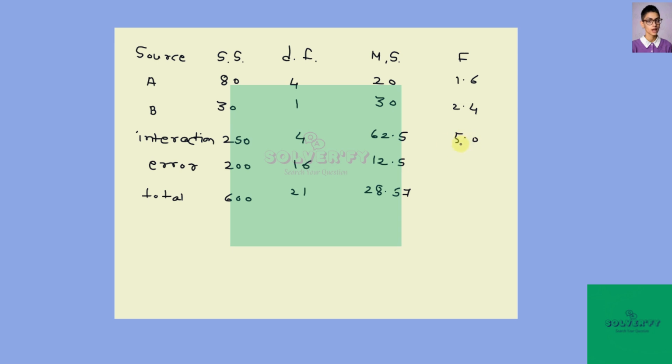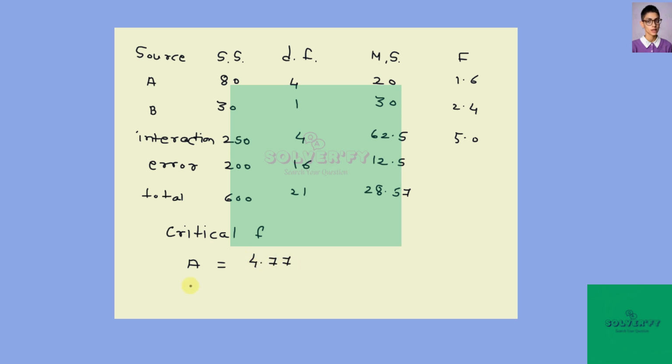5.0. Now we have to calculate the critical values for each factor. So the critical value, that is F. Now for factor A, the critical value using degrees of freedom 4, 16, the critical value of F is equal to